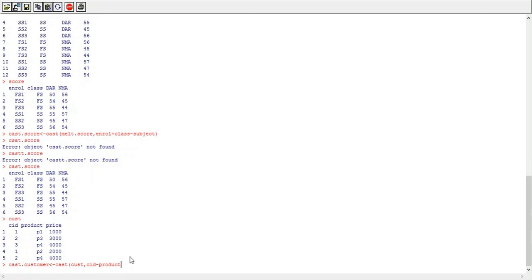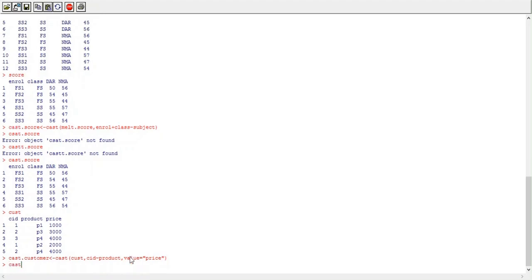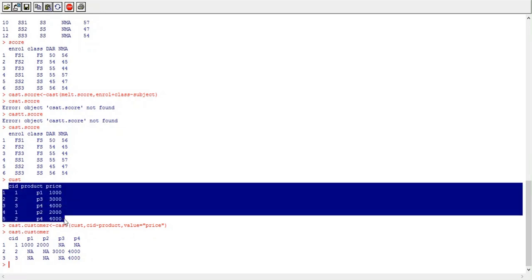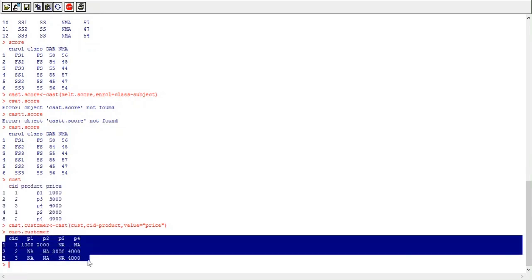The product column will be divided into different columns, and the value will be price. See, this is how we have converted the long data frame into a wide data frame.